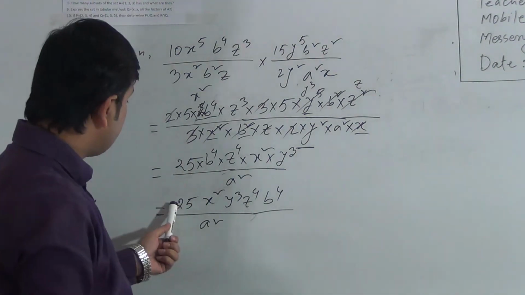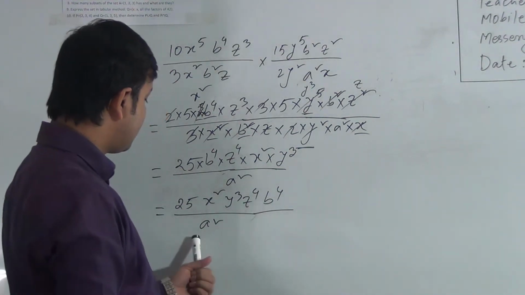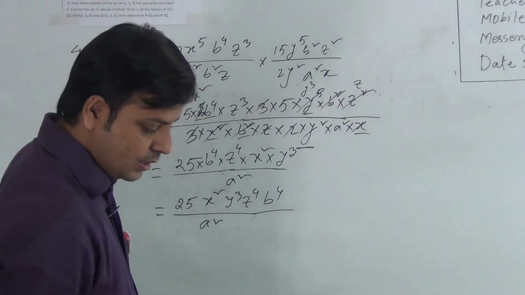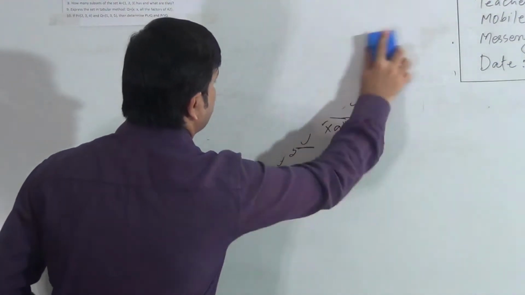x square y cube z to the power 4 b to the power 4 by a square. Okay, now I will solve question 5. What is question 5? Question 5 is